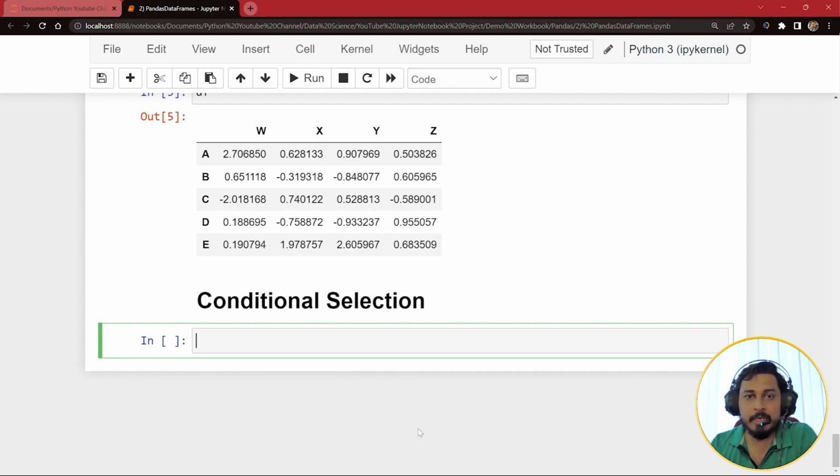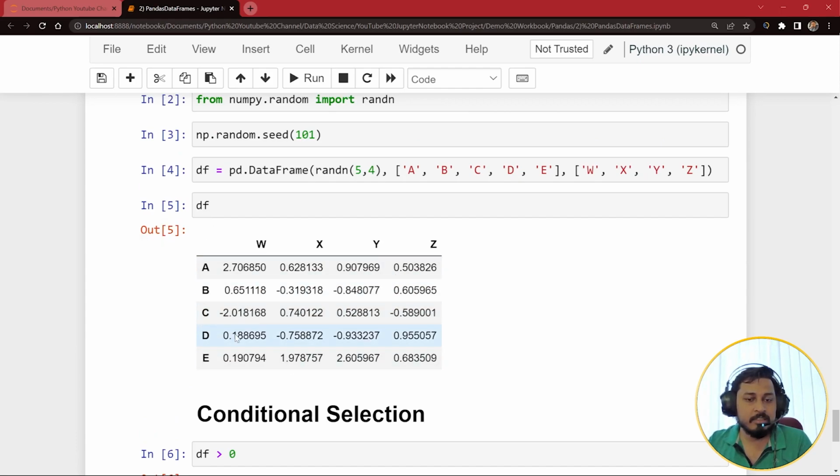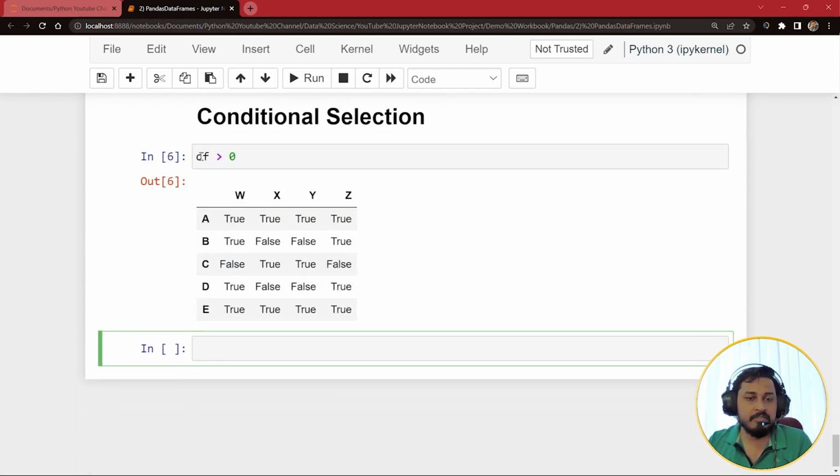inside a data frame command. For example, here I can say df is greater than 0. Let's say if I said df greater than 0, df is this, right? And when I ran this code, you can see that it gave me a Boolean data frame, which has the